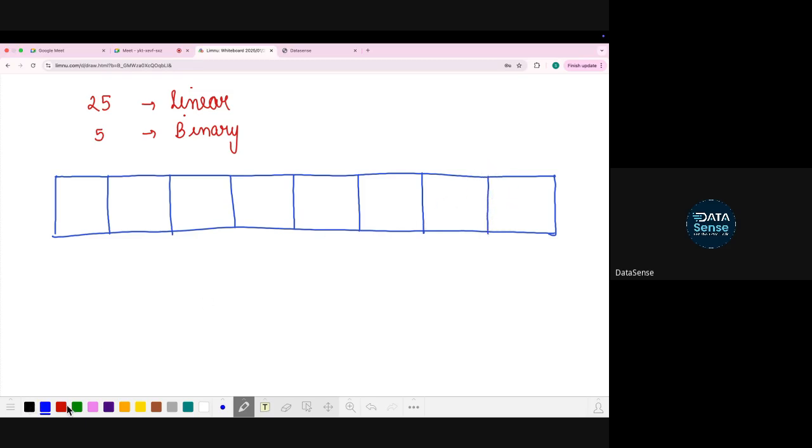So let's say this is 2, this is 4, this is 6, this is 8, this is 10. One important thing to note in binary search, that list or rows need to be sorted on some ID. Okay, then only binary search works. Okay, so now suppose I have to find this element 12.